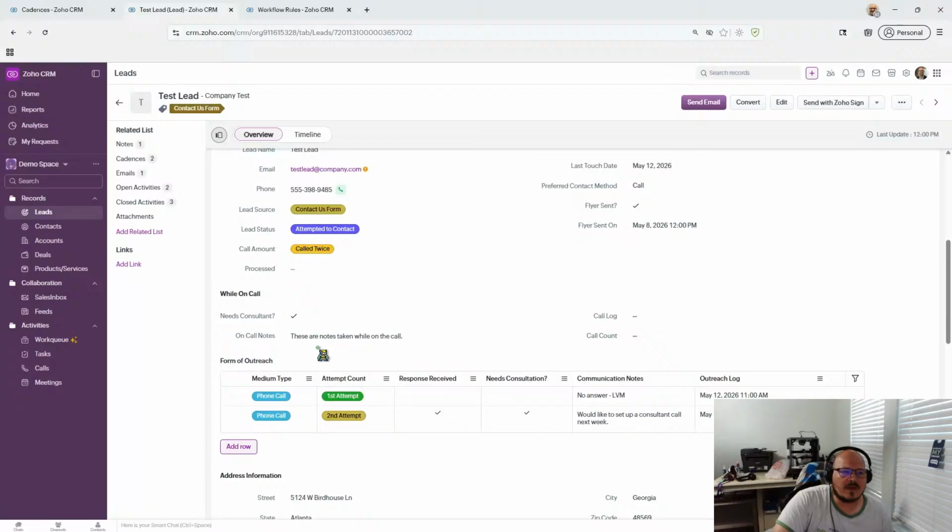Called twice, called first time, first call, called once, called twice, flyer sent, text 3 days after, right? 2 days after. So third text,